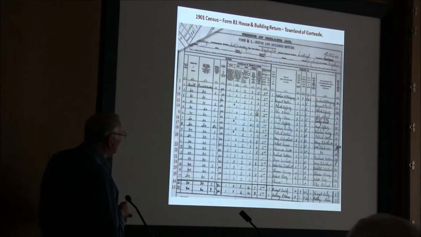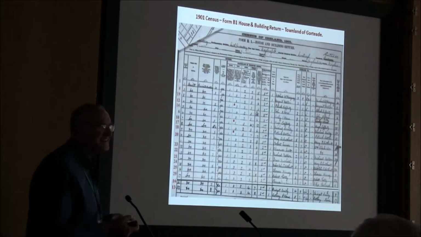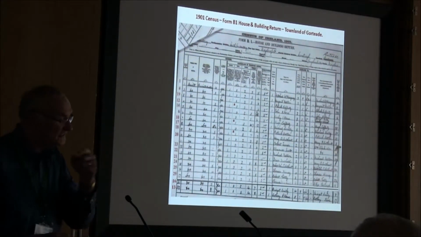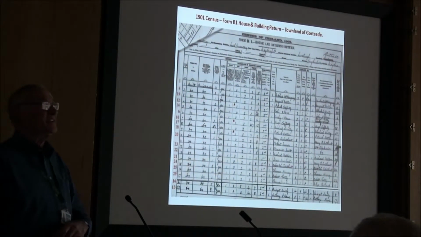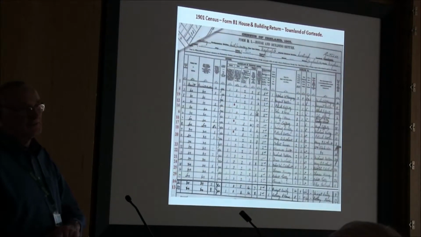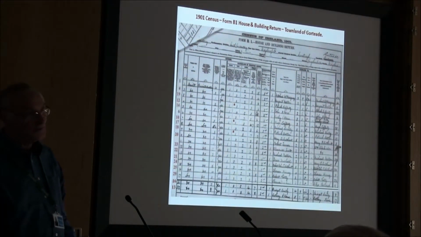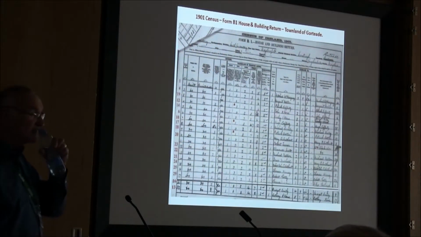I decided not to put a number there, but I'm pretty sure that these two were living beside each other. You will find that usually they are geographically adjacent, but there's the odd instance when it's obvious that the enumerator has forgotten somebody, and he sticks them in at the end. And you think, oh, they're living at the end of the street. No, they're not. He just forgot. And seriously, I have a number of examples I could show you of those. I haven't with me today, but